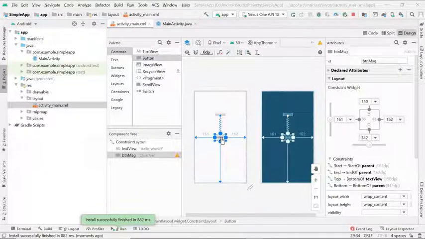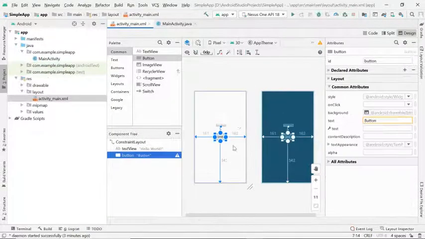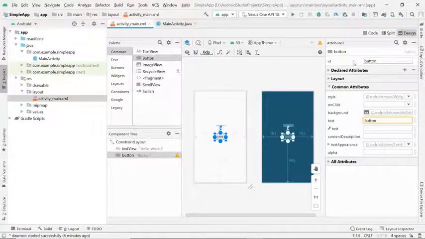From this button, I'm going to set the top margin to 150 dp. Whatever view you are going to choose, a text view, a button, a scroll view, based on your selection, you will be able to see the attributes over here. So I will choose button, and the button ID as btn_msg. The text on that button is say click me.